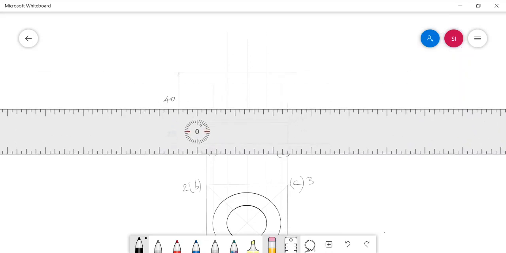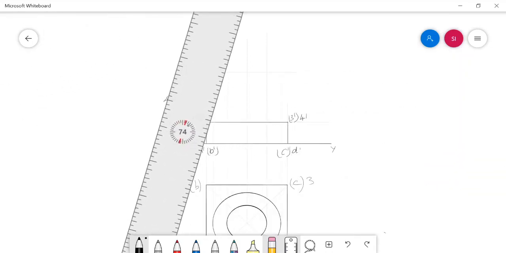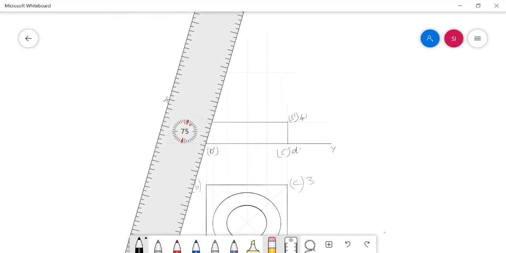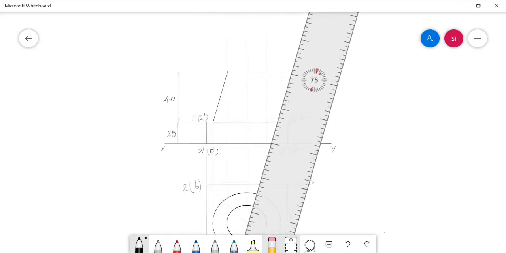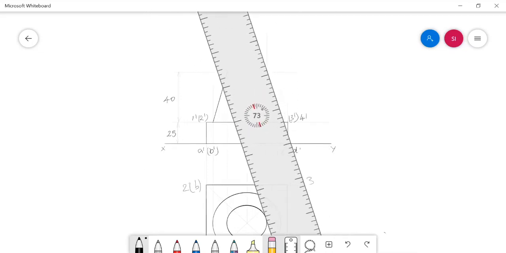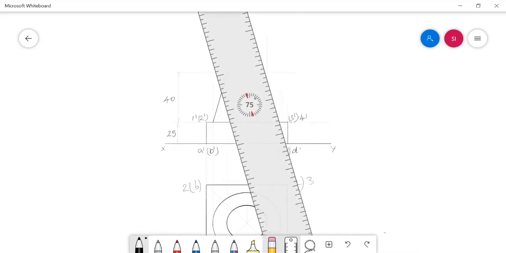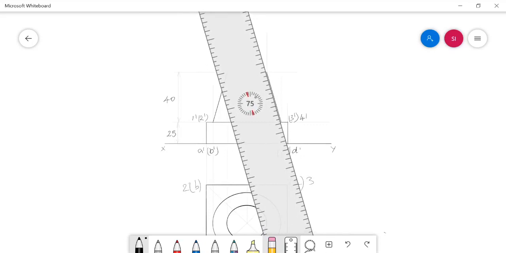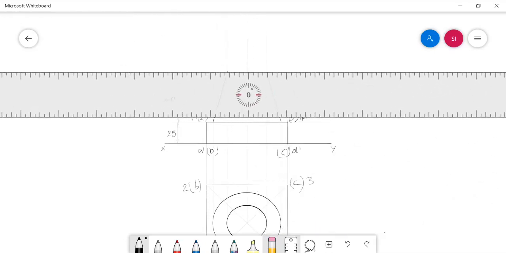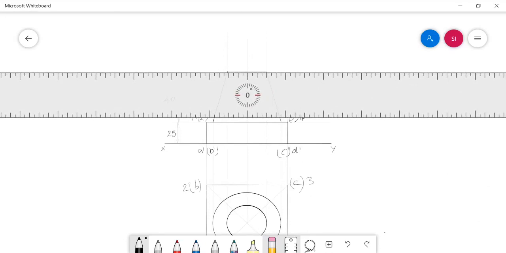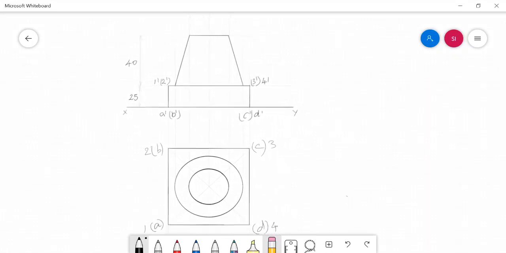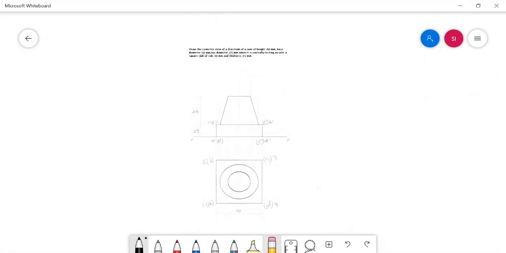And let me complete the front view of the frustum. Now it's over. I just completed the orthographic views of the square slab and frustum of cone.